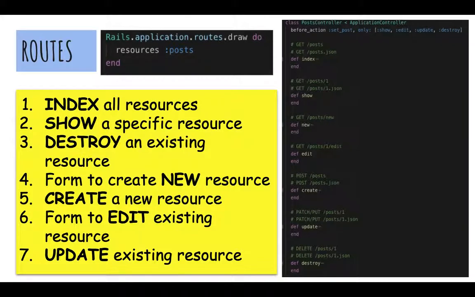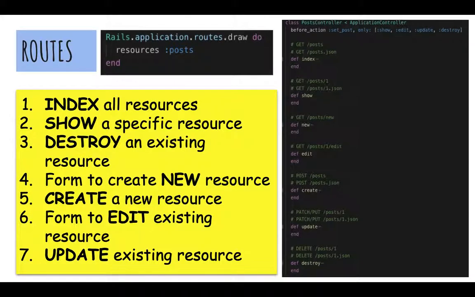So we've got the HTTP request, get posts, or even a JSON format for that as well. And that is index, so that is indexing all resources. Show, which is with the HTTP get command, shows a specific resource, so that would need an ID for that resource. New allows us to create a form for a new resource. Edit is creating a form for editing a resource,